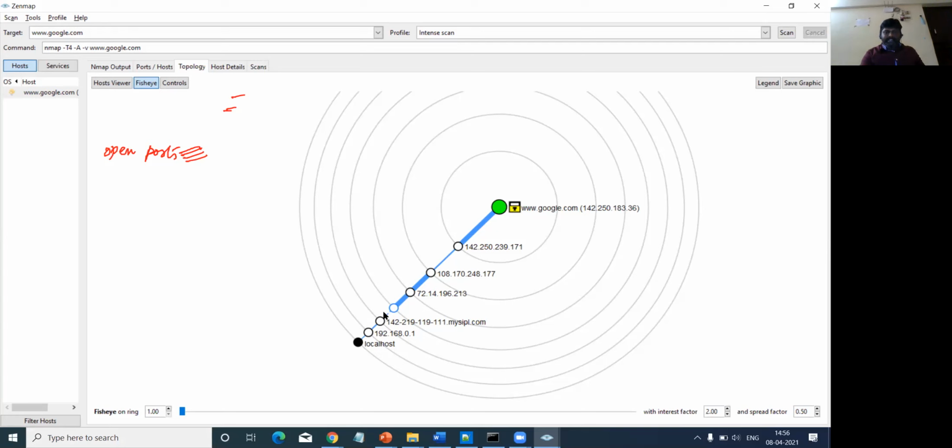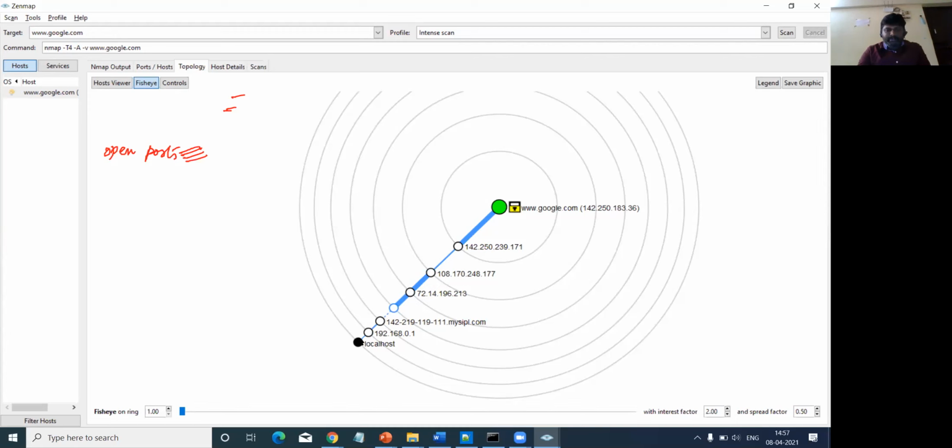Each and every dot and each shape has a specific meaning. So each size, the color, as well as the line shape or line size matters. This line is smaller because I am using a low bandwidth network. And here you can find the thicker blue line, so this gives the internet connectivity. Sometimes in between you will find a dotted line, which gives the information that it is a wireless connection.